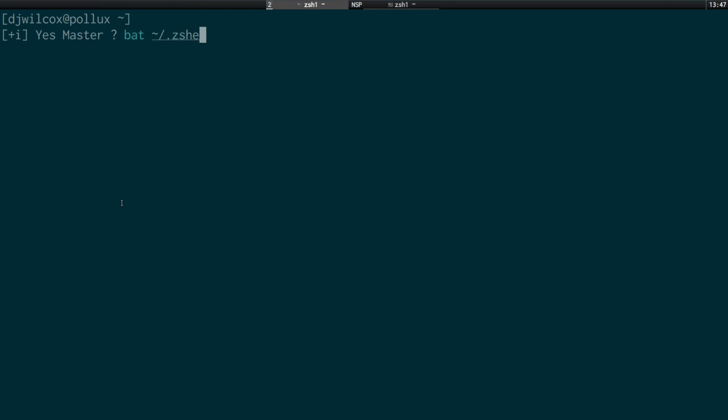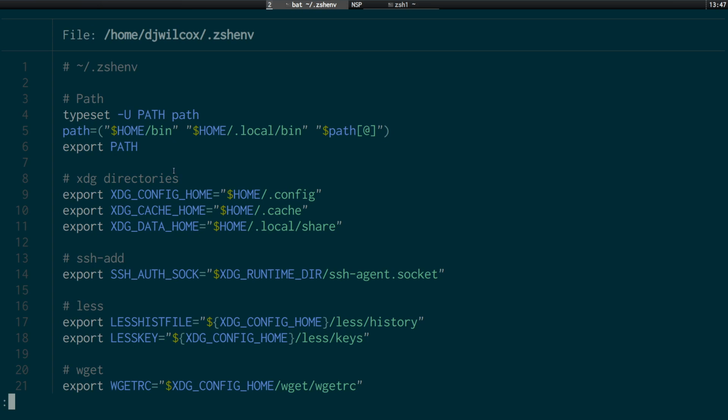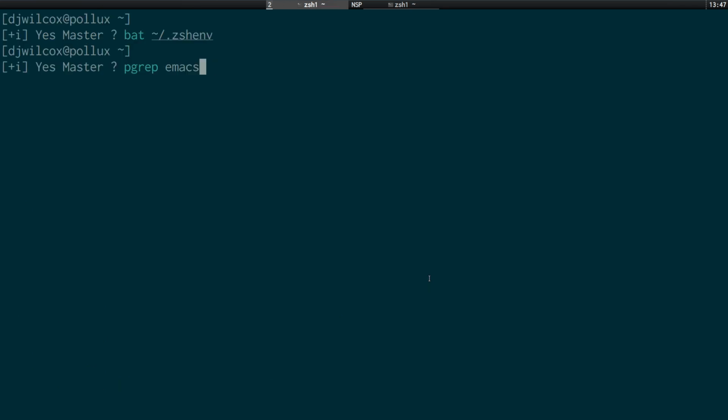What we have in our ZSH env file is export SSH_AUTH_SOCK equals XDG_RUNTIME_DIR/ssh-agent.socket. And what this does is if I run echo $SSH_AUTH_SOCK, it gives me the path to the ssh-agent socket. Now Emacs can use this information so that it can connect over SSH without prompting you for